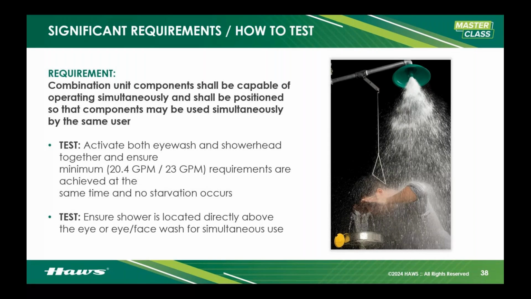And then watch out. There's a very, very sneaky issue here, and it's called simultaneous operation. That's how we refer to it. The shower head uses the most water on this piece of equipment, and water very frequently takes the path of least resistance through the equipment. Okay. Now, as it's doing that, very frequently, if flow controls are not being used in the emergency equipment as they should be, the shower will starve the eye wash or eye face wash, and you will get a shower that is running with zero eye wash or eye face wash water coming out because it's hogging it all. It's starving the other half of the unit.